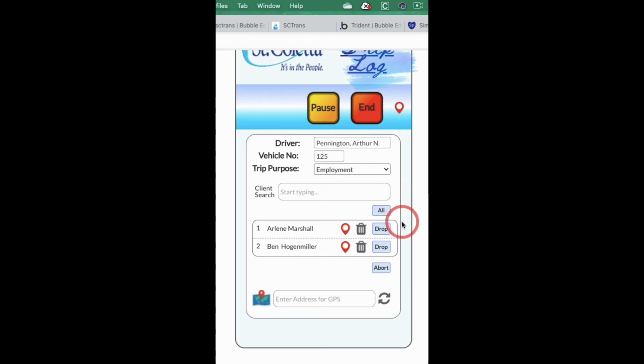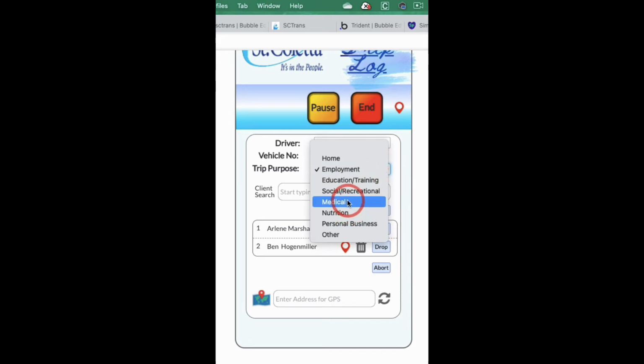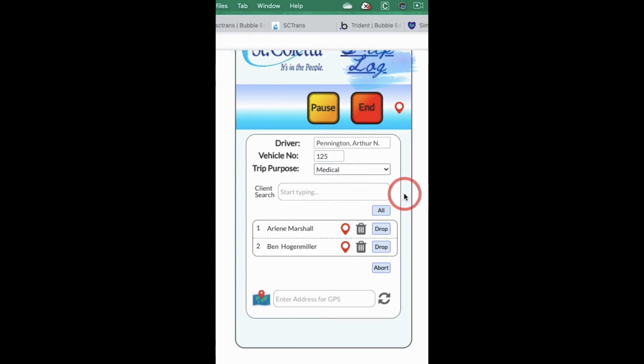If you're transporting these clients for a medical trip, this is the kind of trip where you take them, you drop them off and wait for the medical appointment to be over, or go in with them, whatever is the case. But you're not dropping them off permanently. You're going to take them to the medical appointment and take them back, probably back home. So what you do in that case is when you get to the medical appointment, you click pause,